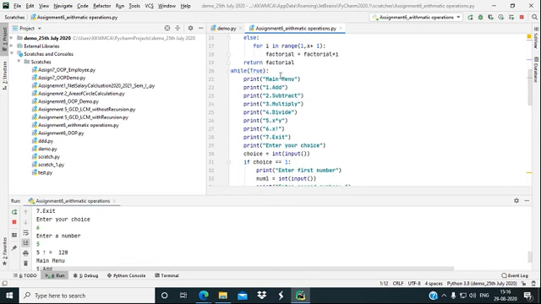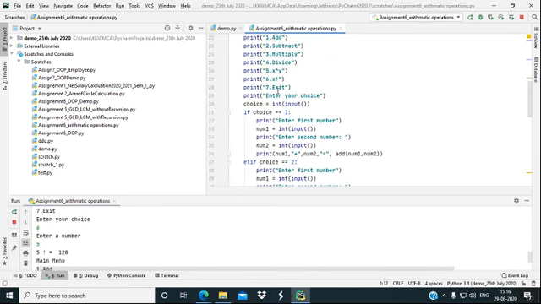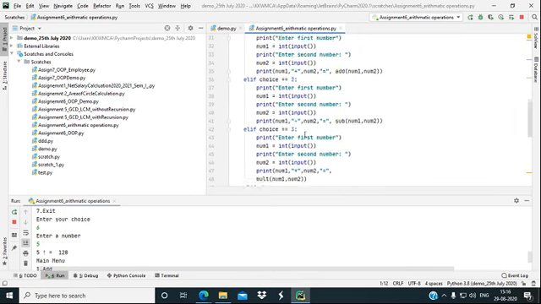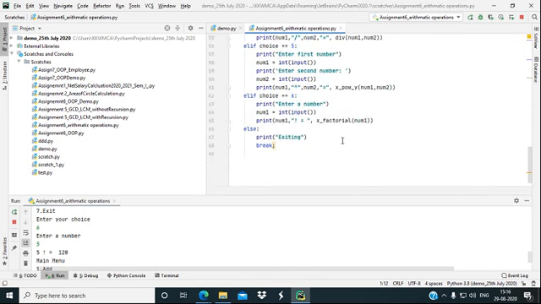If the condition is true, then it will continuously work in a loop, similar to asking whether you want to continue, and then we can continuously run the program. The 6 choices I have given here perform the operations addition, subtraction, multiplication, division, then power and factorial.